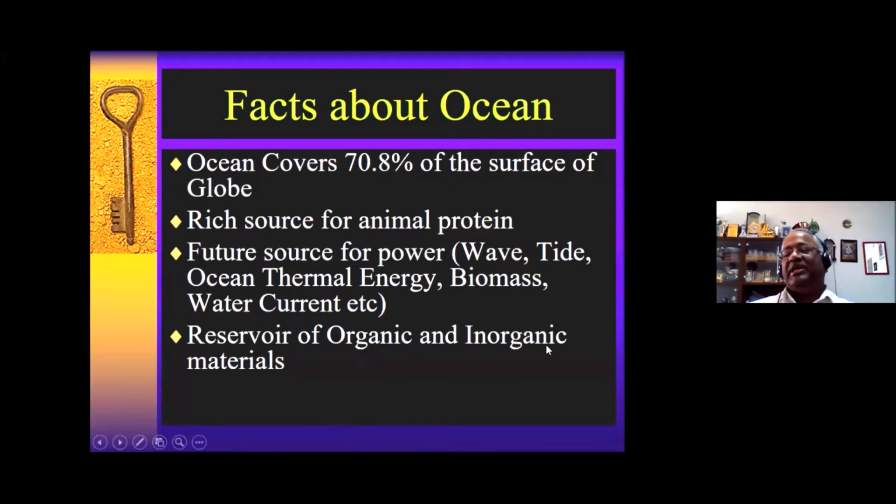Most of the food you eat is just a combination of hydrogen, carbon, and oxygen, plus phosphorus, a little bit of calcium, a little bit of sulfur. But the main source, whatever you eat, is just a combination of hydrogen, carbon, and oxygen in different ratios. So they are all organic. So the ocean is a source for organic material.